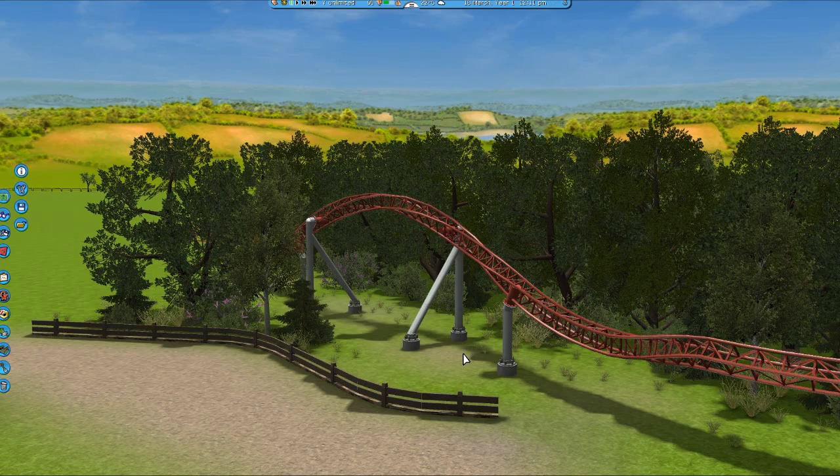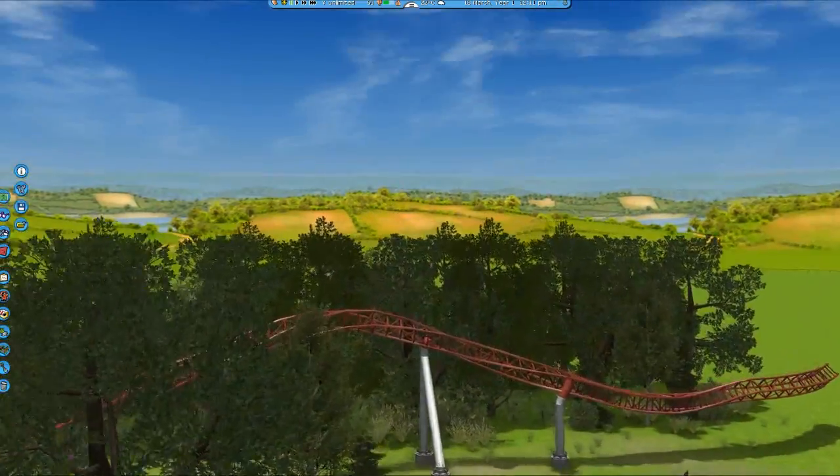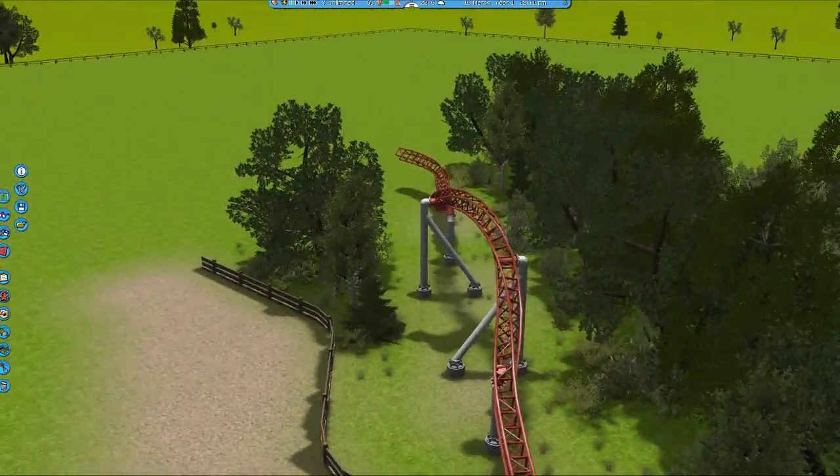So that's it for doing basic foliage, and like I said, there are many different combinations of trees that you can use, and it really depends on what you think looks best for your specific coaster or area. But this is kind of the basic way that I like to work around it. One other thing that I like to do usually is, after it's all done, look at the tree line